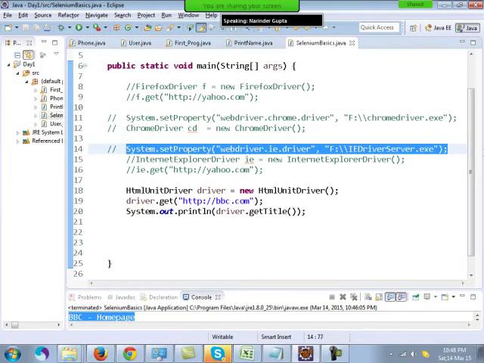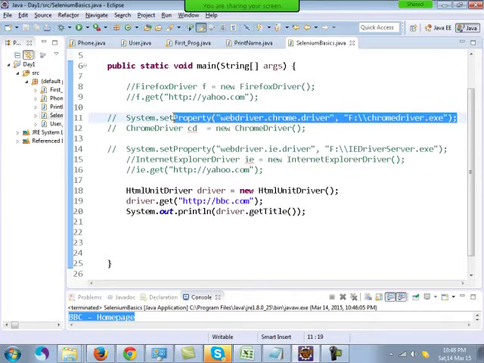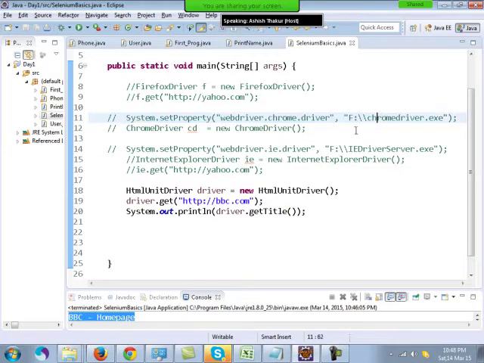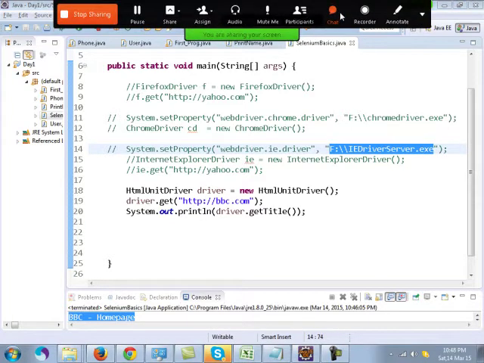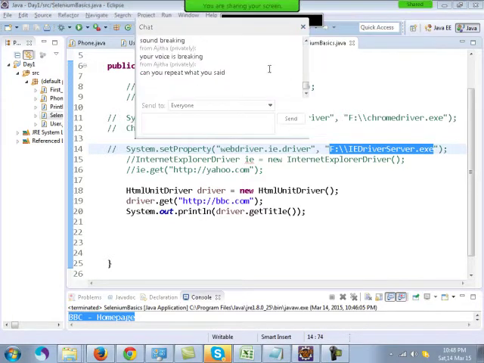For this line you are talking? Yeah, you can write that script, but ultimately you have to give the path of exe in that script as well. Okay, you have to give the path.